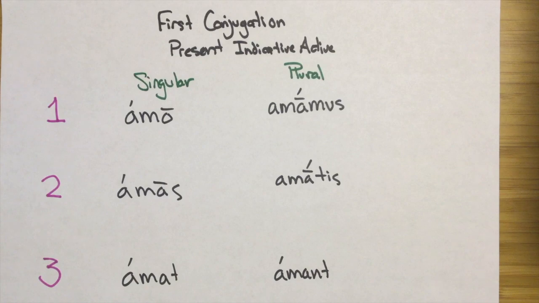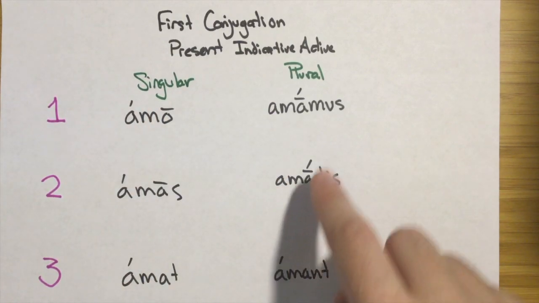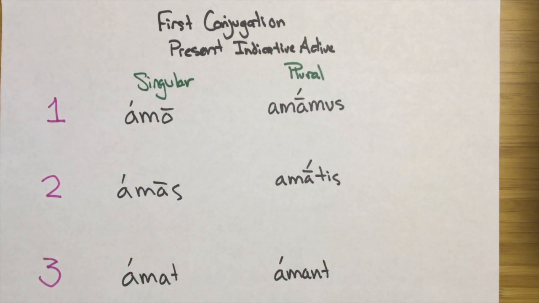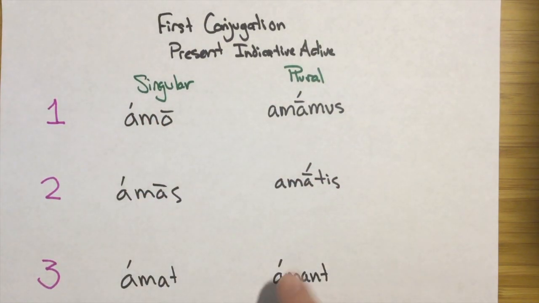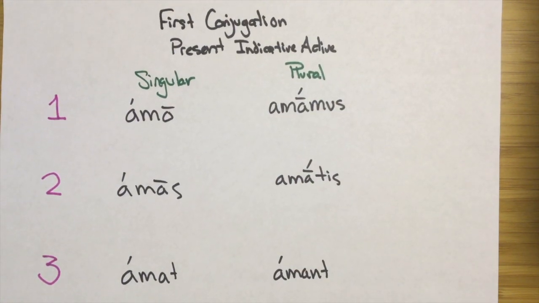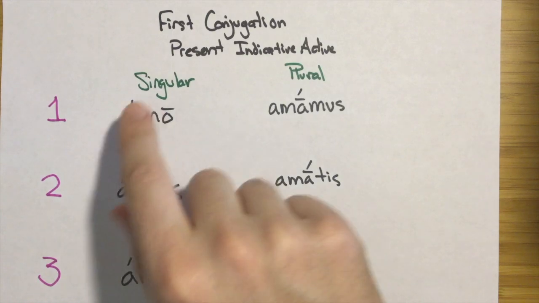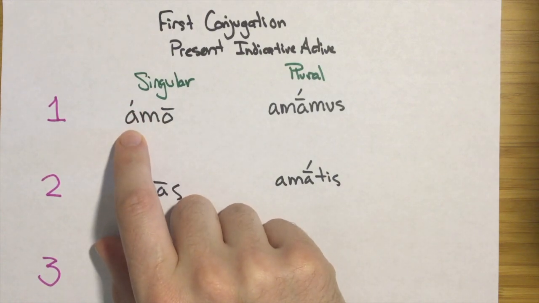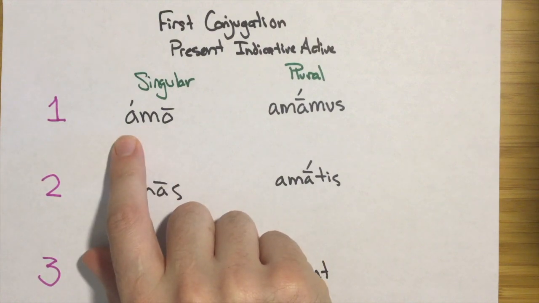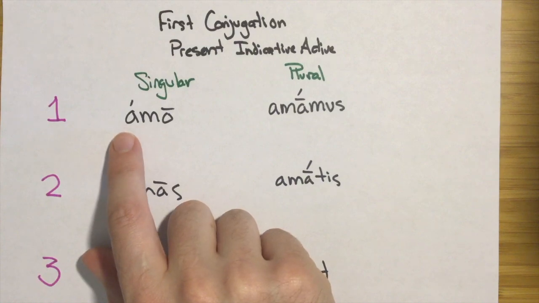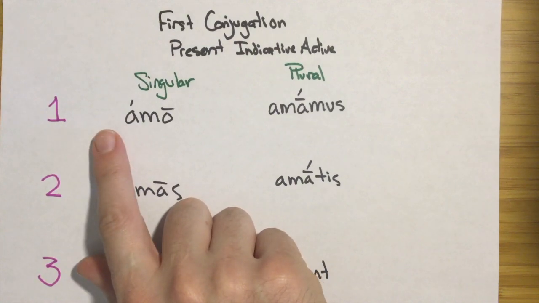Really quickly though, I want to go over what these little marks I put up here, these accent marks, are. These show the stress position in a word. Now the stress in Latin is generally predictable, so you don't always have to have these in the word, but I wanted to put them here so I can show you some different patterns in the conjugation of an actual verb. So the stress in a Latin verb will go back to the second to last syllable, like it is here, unless there are no syllables in front of it, no other syllables further back it can go,